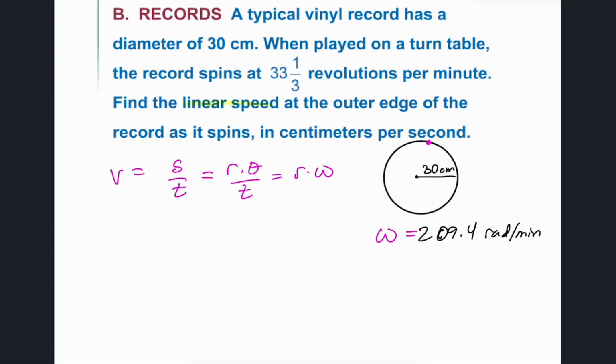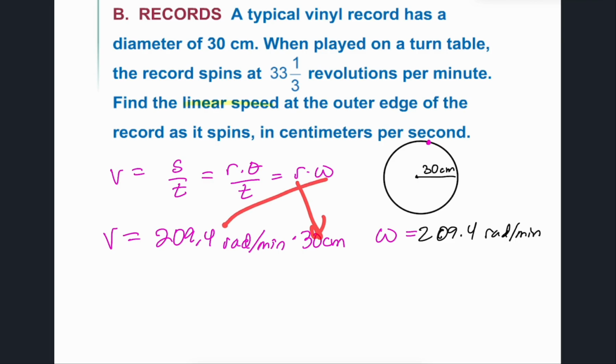So if we want to find out the velocity, we just have to multiply that by the radius, 30 centimeters. So our velocity is going to be 209.4 radians per minute times 30 centimeters. I kind of did it in the reverse order. There's your radius, there's your omega. Well, if we do that,